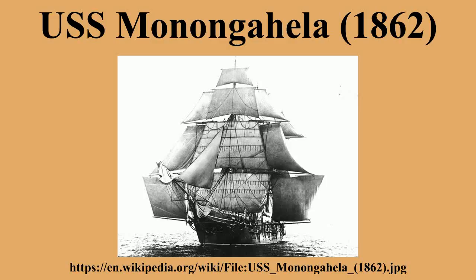Following an earthquake, she was hit by a wall of water 25 to 30 feet high and carried over the beach and warehouses to come to rest on an even keel some distance from the water. A working party of mechanics from New York Navy Yard under naval constructor Thomas Davidson succeeded in refloating the ship on May 11, 1868. Following a 4-month endeavor, Monongahela was towed to New York City and then Portsmouth where she